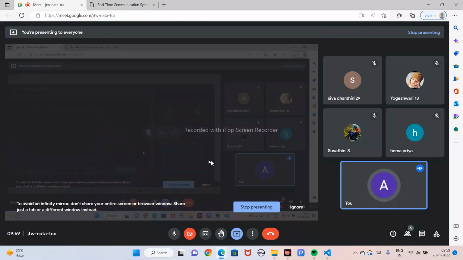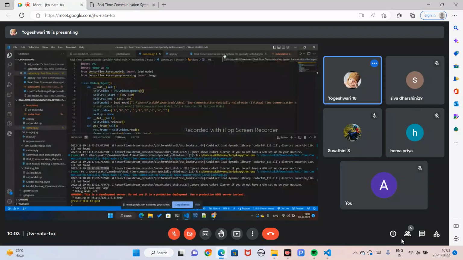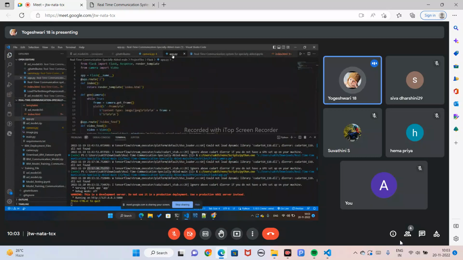Now, the Flask building part will be explained by Yogeshwari. For the Flask building part, we have created a folder called Real-Time Communication for Specially Abled People. This folder consists of templates. The templates part consists of the HTML page code, the CSS code and the JavaScript code. And in the app.py part, we import Flask, which is used to connect the ML code and our HTML page, which was discussed by